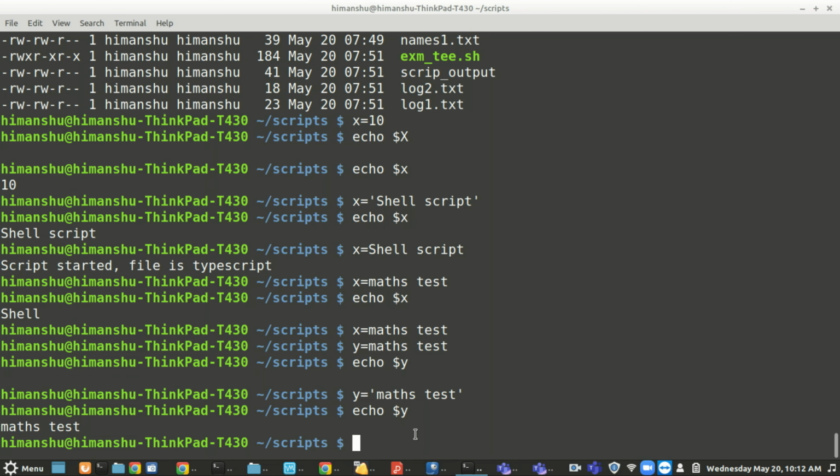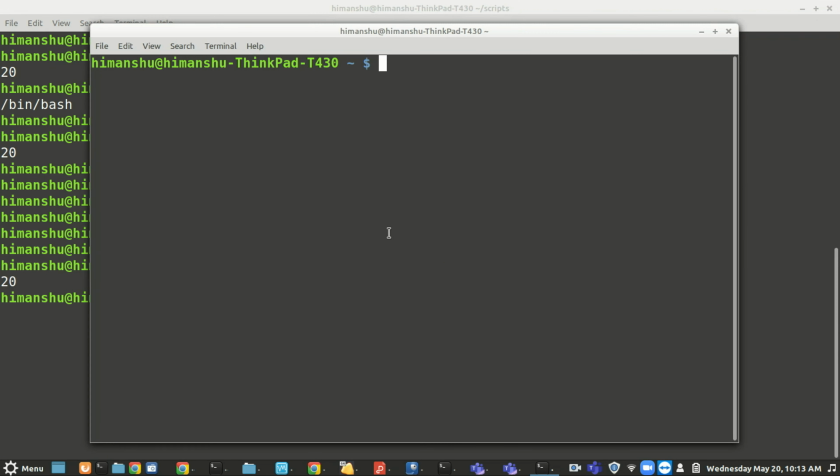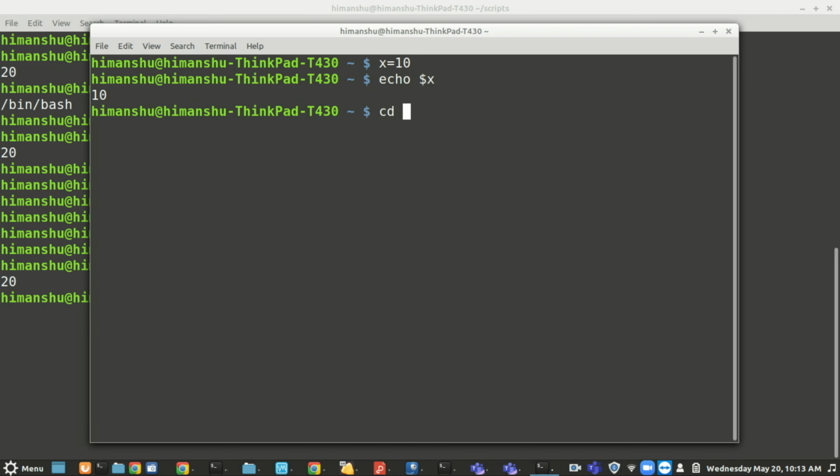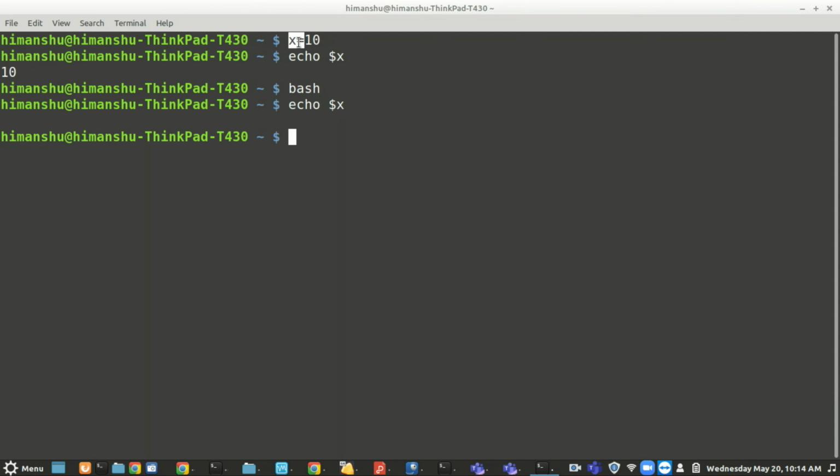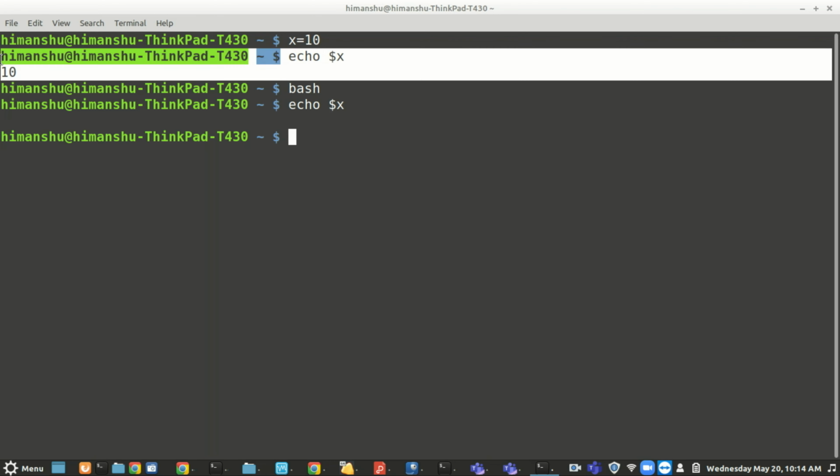Now what is the role of this variable? This is called a local variable. The scope of this variable is just in this shell. Here I have assigned x=10, and if I do echo $x, it gives me the value 10.